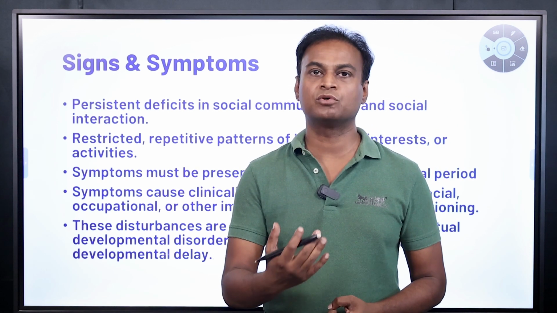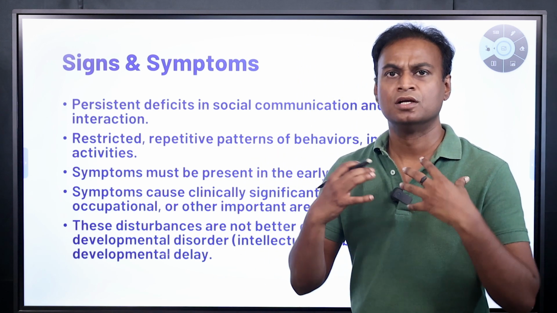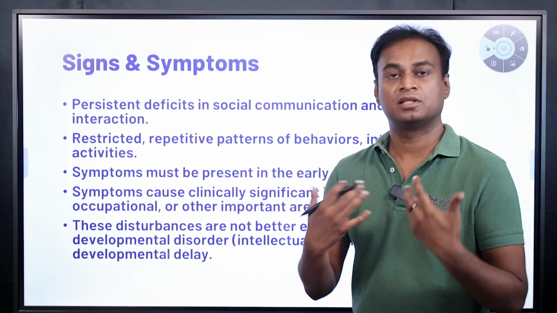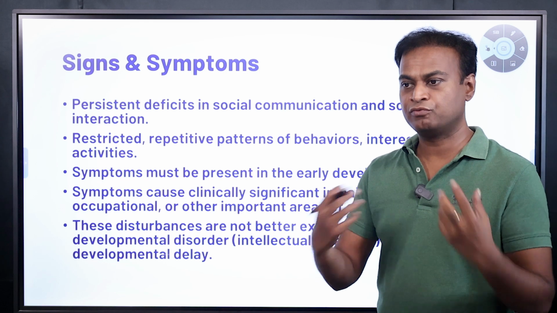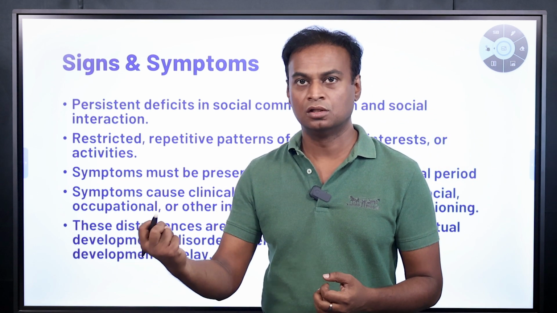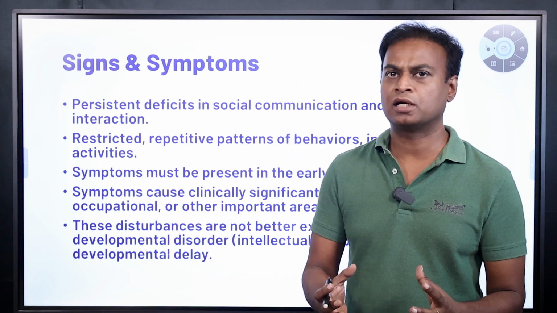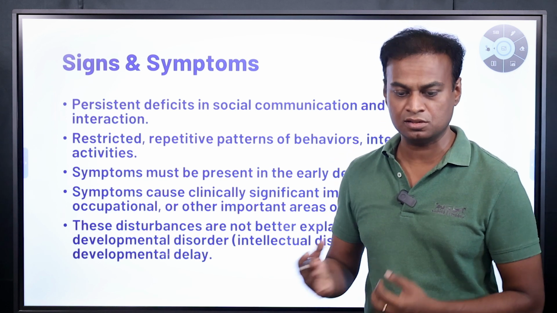Severe social emotional reciprocity, so they will not respond to the emotions. For example, if you are showing love, they will not show love back. If you are showing anger, they don't understand. If you are showing fear, like you have seen a lion or something, they are not able to grasp it. They are not able to understand emotions and they are not able to show their emotions. That is the problem with these kids.